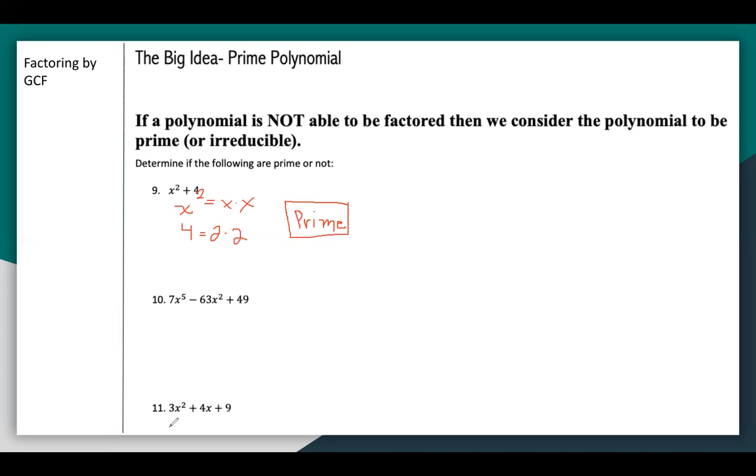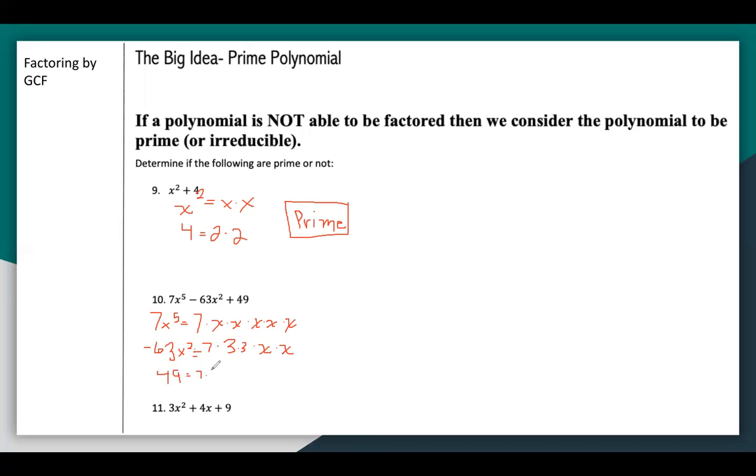All right, looking at number 10. Is this prime? The correct answer when you were doing this, you should have gotten this to be no, this is not prime, because 7x to the 5th is 7 times x times x times x times x times x. There we go. Negative 63x squared is 7 times 9, but 9 is 3 times 3, and then x squared is x times x. And 49